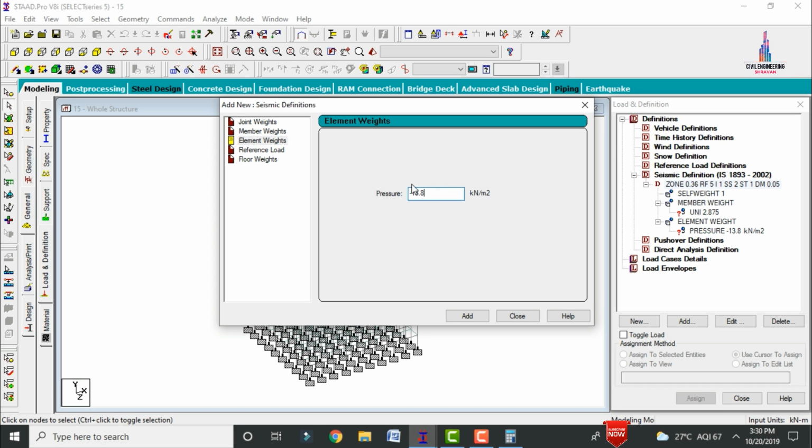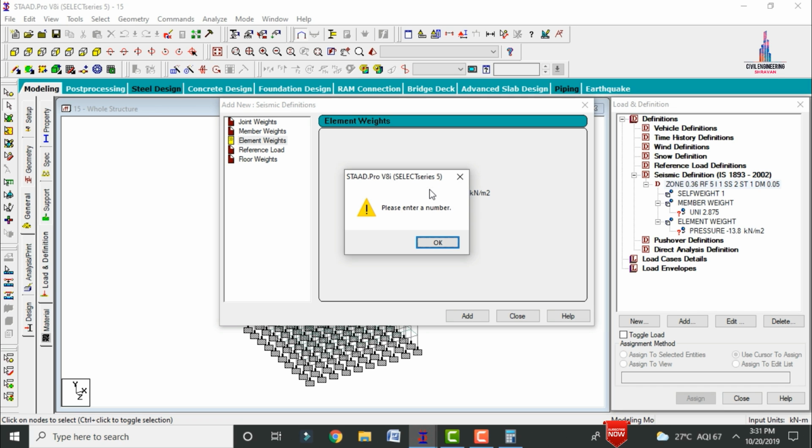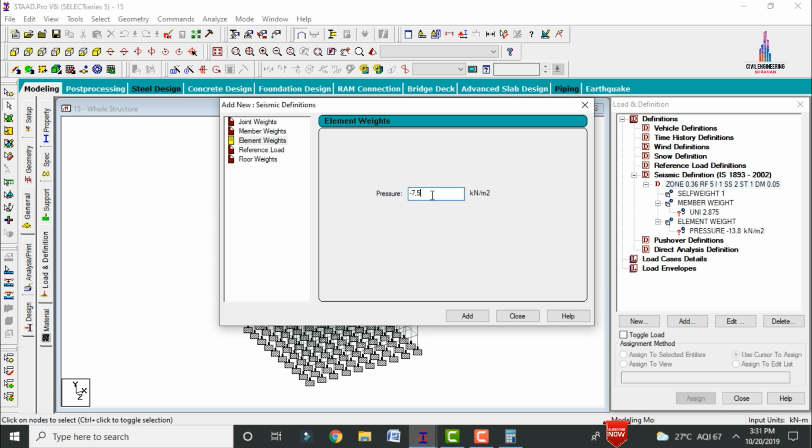Click on add option. Again in the same process we can add the internal wall load also, minus 7.5. So here I am selecting minus 7.5. Click on add button. Now we have to add the parapet wall load also, which is minus 3. You can calculate the intensities. If you want to calculate the parapet wall load, we take 0.125 multiplied by the height, which is 3, multiplied by 20, so that we get the value of 7.5, minus 7.5 for the respective internal wall. And 1.2 multiplied by 3 multiplied by 20 gives your respective parapet wall load.